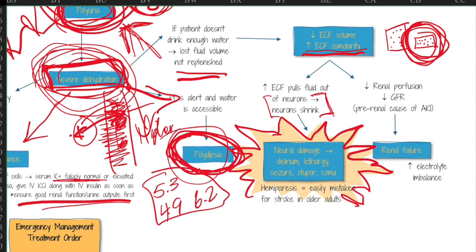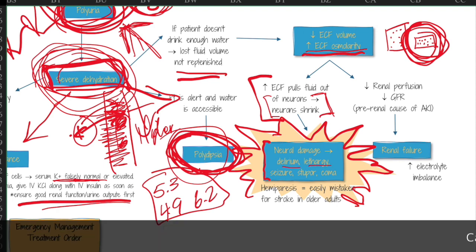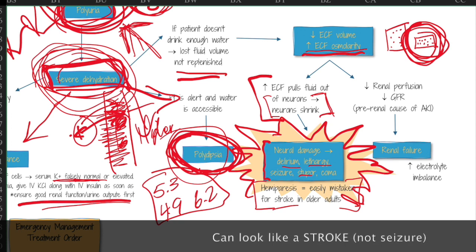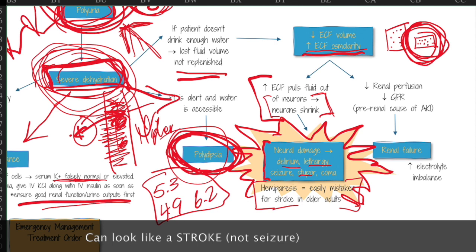Because of all that fluid that's being pulled out of the neurons, you have fairly severe neural damage. And you will have delirium and lethargy. But it actually can look like a seizure. You can have hemiparesis, stupor, all of the things that you might think of seeing in a stroke,